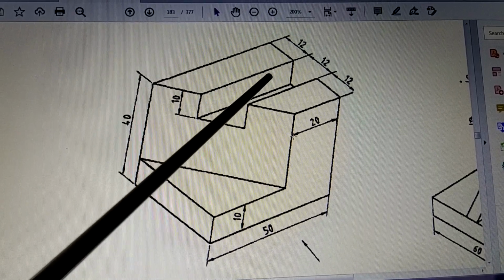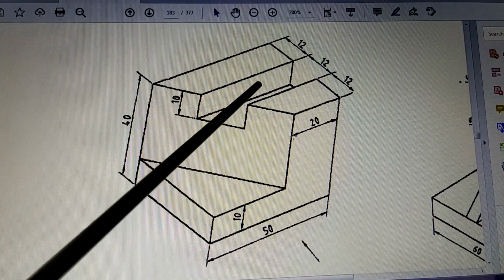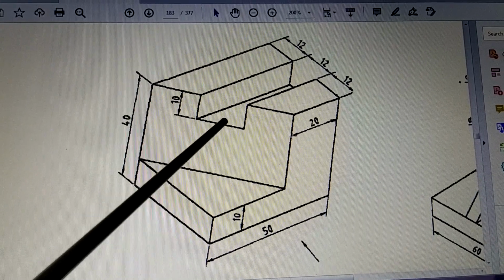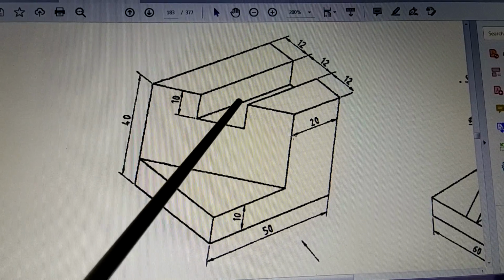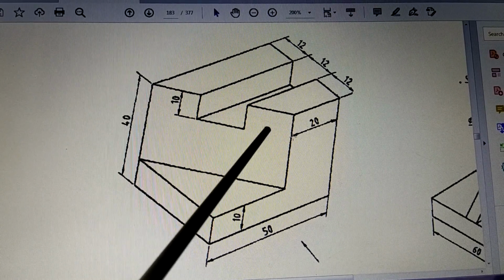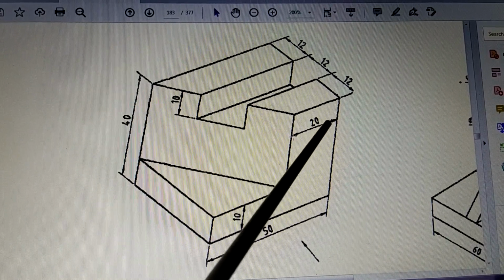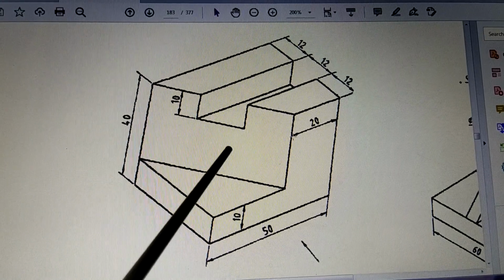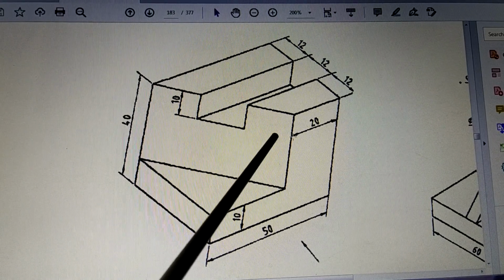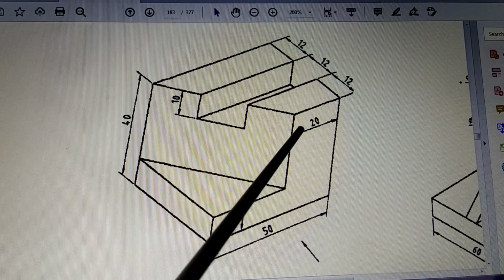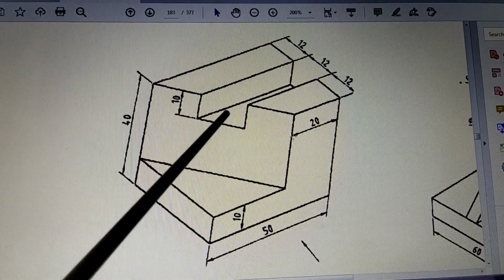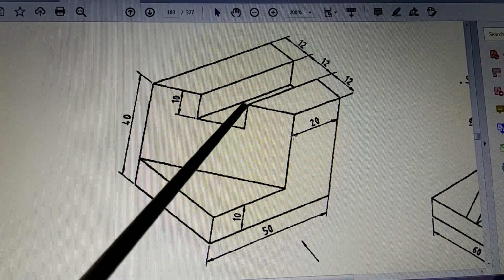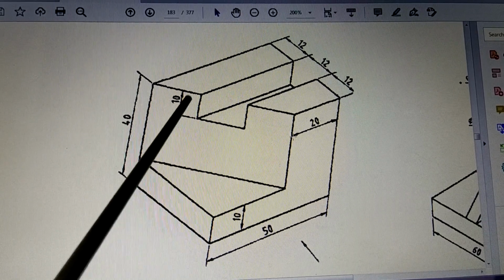Okay, so that becomes the surface. This surface we have represented. This is not seen, but then what you have to do is the edge which is not seen, that you have to draw over here as a dotted line. So the line which we are drawing here, that line will be continued further, and that has to be drawn here in your front view as a dotted line to represent this surface. Okay, so please keep in mind this part is very important.